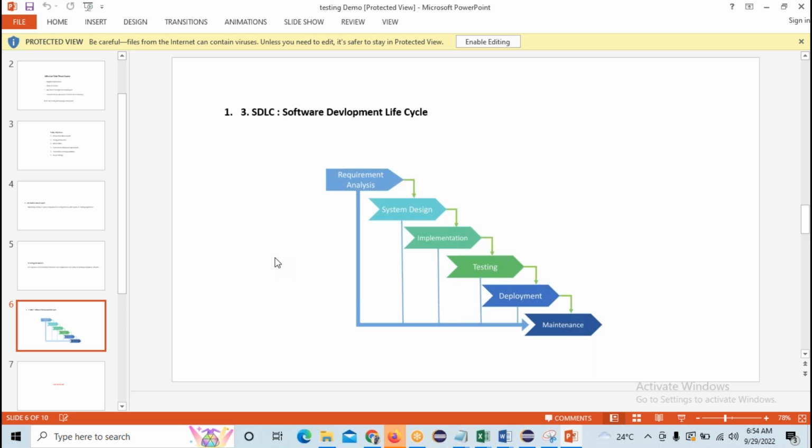Here in the apartment, deployment is when the apartment construction is completed, the government people come and check the apartment, and they release the NOC certificate for the apartment. And what is the next process? The people who bought the flats in that apartment will come and occupy their flats. That is called deployment in the construction field.